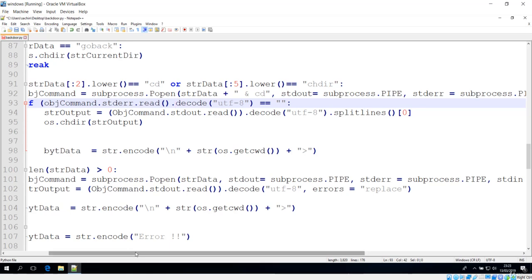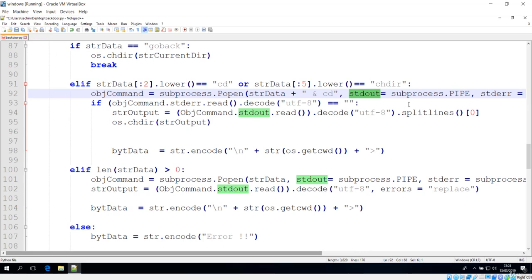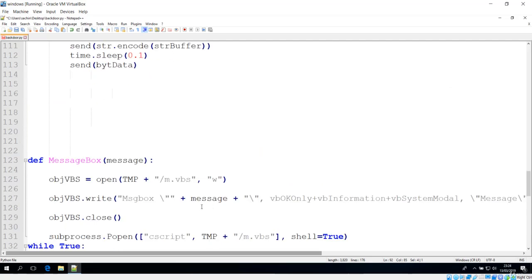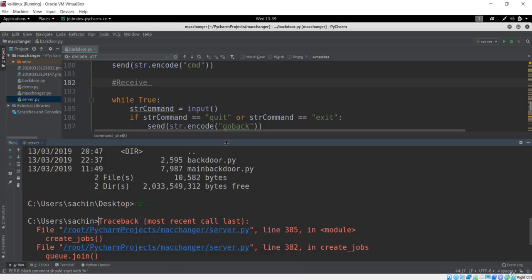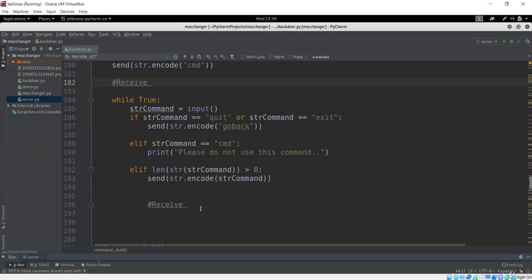So this was the case, and if you see here this has the standard error, that means there will be the same handler for the standard out and standard in. So that is the way to use that pipe, because we want this pipe to be opened while executing this command, which is the cd command over here. So we have completed this section of the client in the previous lecture. Let's go to Kali Linux and see where we can add some of the code.